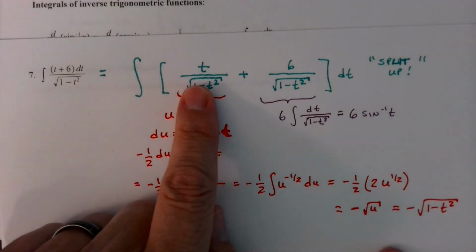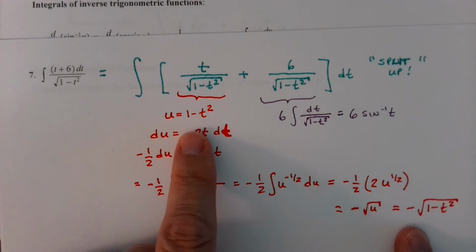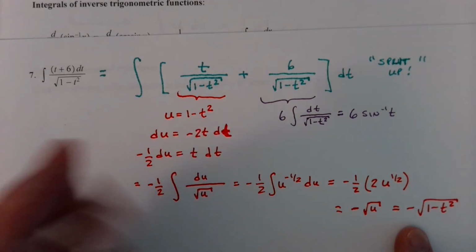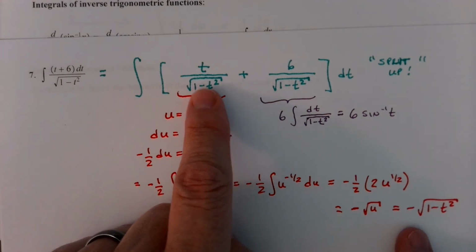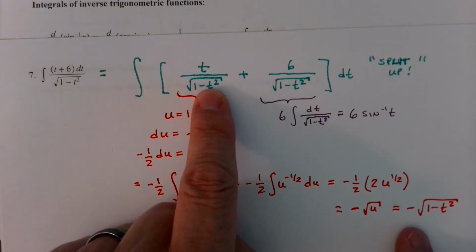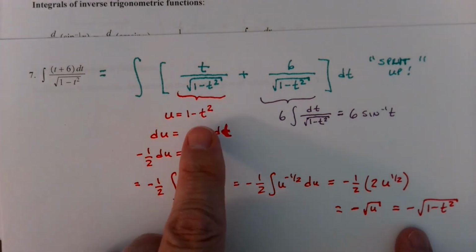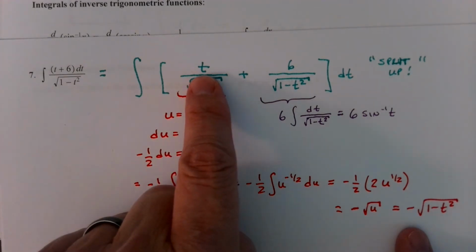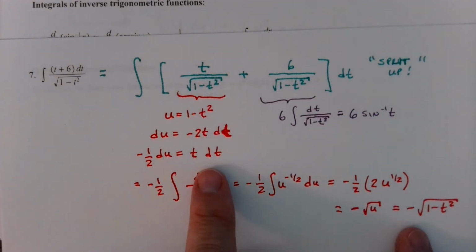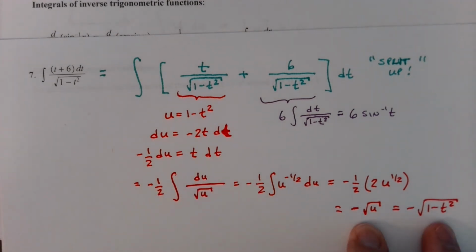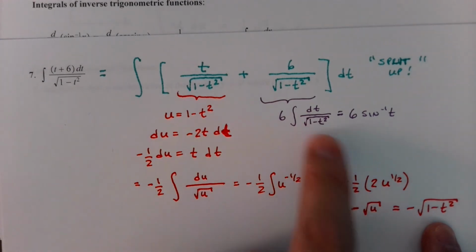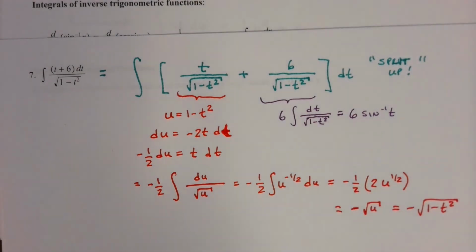Okay. So this integral, simple u substitution. I say simple in the sense that we're choosing like we did when we learned the substitution. Use the inner function, 1 minus t squared under the radical there. All right, and I do have t dt up top, which is just negative 1/2 du. We get an integral that we can do, power rule, and then replace back to the t variable. Here, inverse sine. And so the final answer is